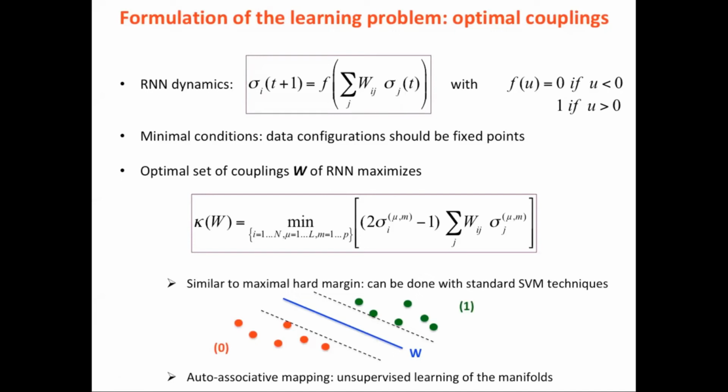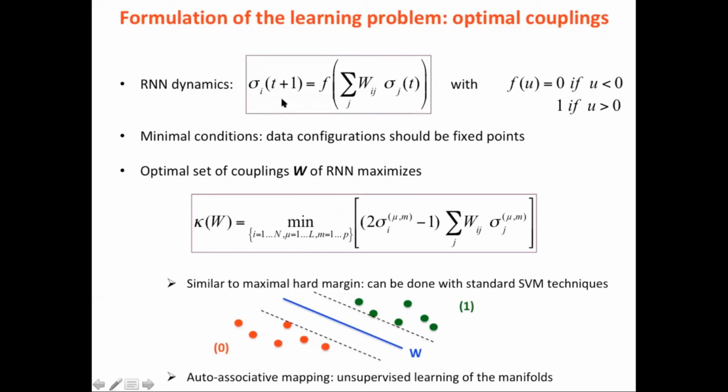The vector w defines a hyperplane which is orthogonal to w, and whether the vector sigma is on one side or the other side of the hyperplane, the argument will be positive or negative, and sigma_i will be 1 or 0. So for all the patterns of activity such that sigma_i is 1, you want to put all the data points on this side of the hyperplane,